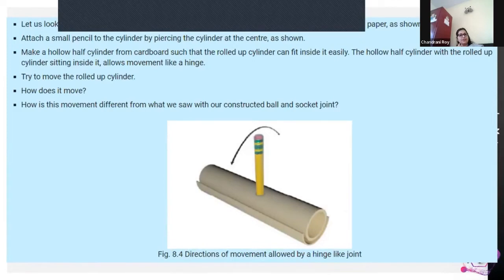Sometimes even brown paper for covering books is rolled on a cylinder. So we can use such a cylinder and pierce it with a pencil. And if you make a hollow half cylinder from cardboard again, so that it fits into it, as we can see here, there is a hollow half cylinder, then this will give us a range of motion in only one